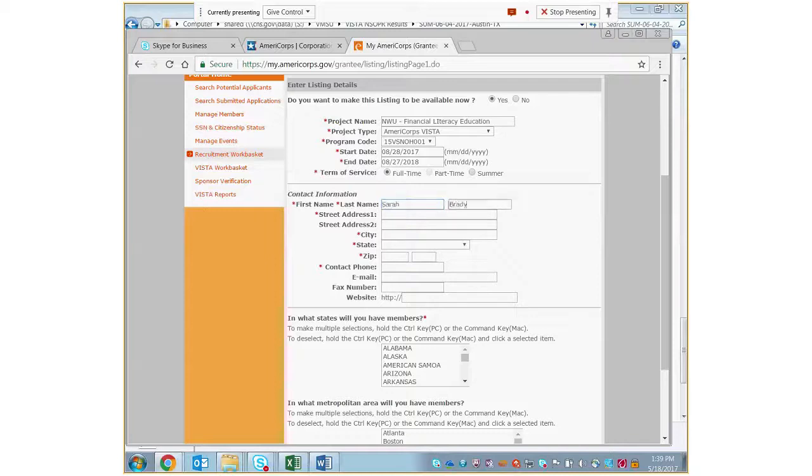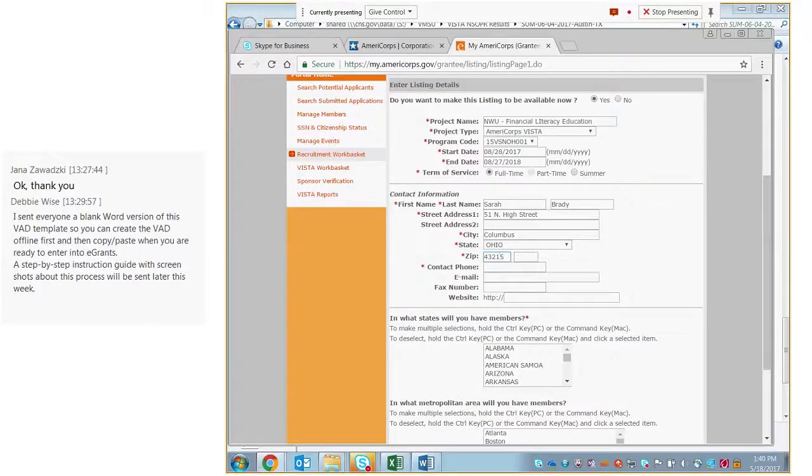And this information is important for a couple of reasons. We want the VISTA candidate and applicant to understand who they are applying to and who they can talk to for assistance on the application process. So you'll want to be sure that your contact information is appropriate and available here.